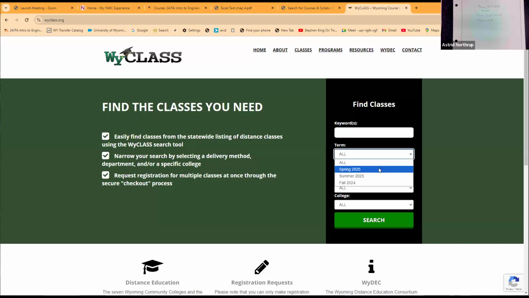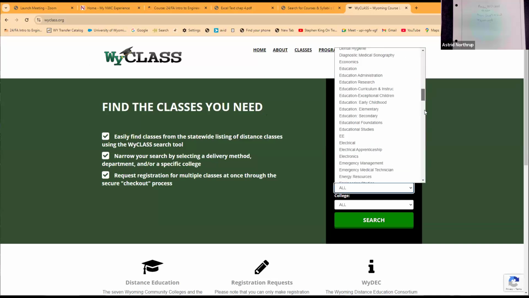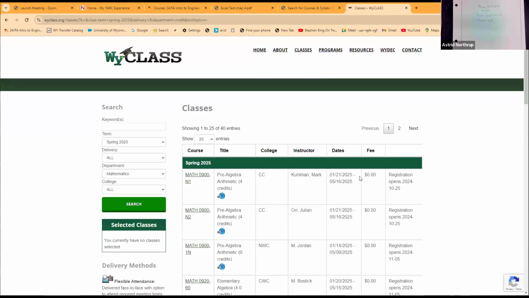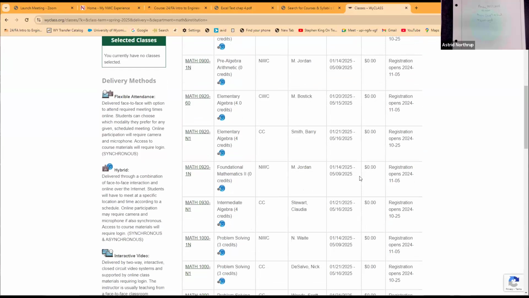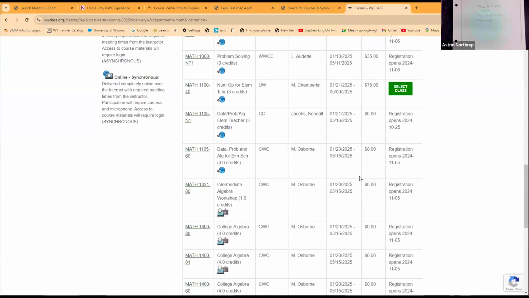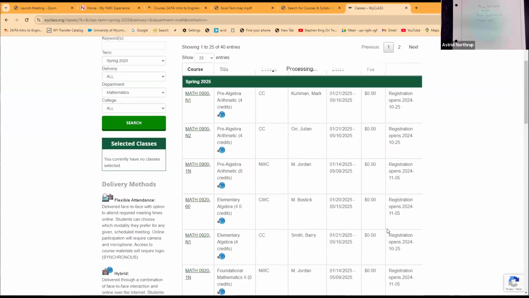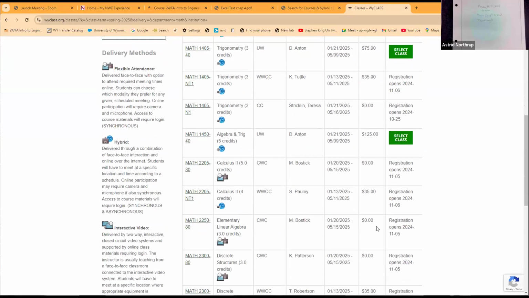So if you go to spring 2025 and you take a look at the math courses, once again, mathematics, there's so much developmental math that they have their own tabs, so they show up twice. But if you take a look here and you go all the way down to the second page, we have,